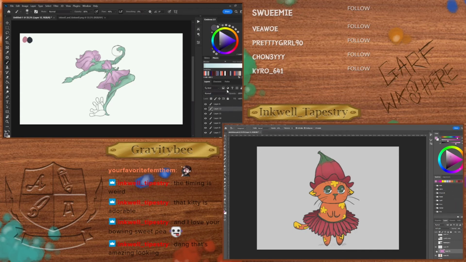Add a new layer. And this will be the actual, like, harder shadows.